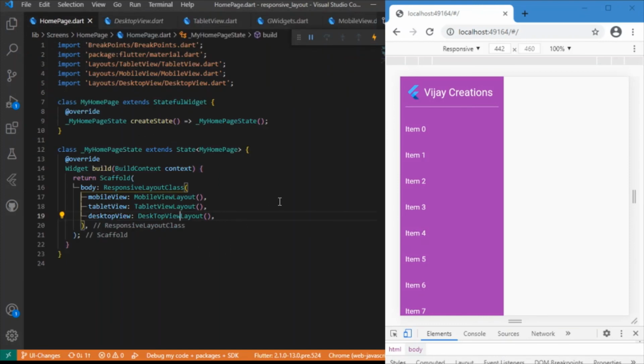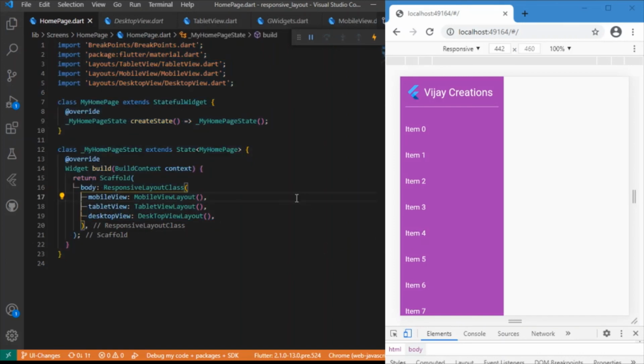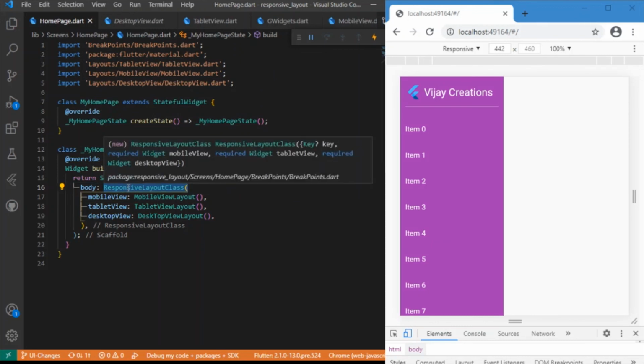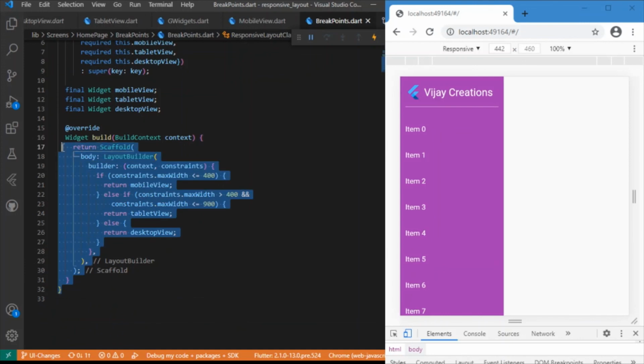So the concept is very simple. Inside the home page or the screen which you need to render, inside the body you just call a class. The class name is up to you. I have just named it the responsive layer class, and inside this class just define the breakpoints. The breakpoints might be anything of your choice.